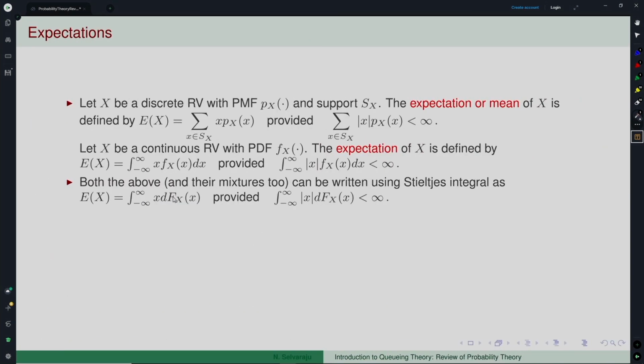Okay. Now, once we have these distributions in mind, there are always certain quantities associated with the distribution which are of importance. If I want to know the complete picture of the random variable x, then I need to know the distribution function, equivalently either the PMF or PDF. If I do not know that completely, it does not mean that I cannot say anything about the random variable x, right. You can say something if you know some other quantities, but if I know the distribution function, I can answer any question related to the random variable.